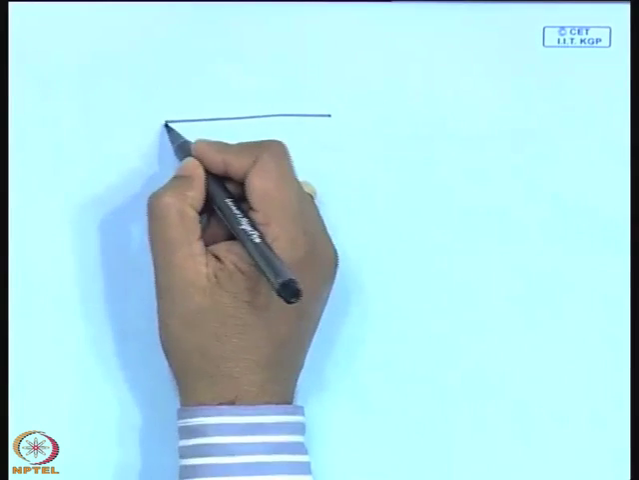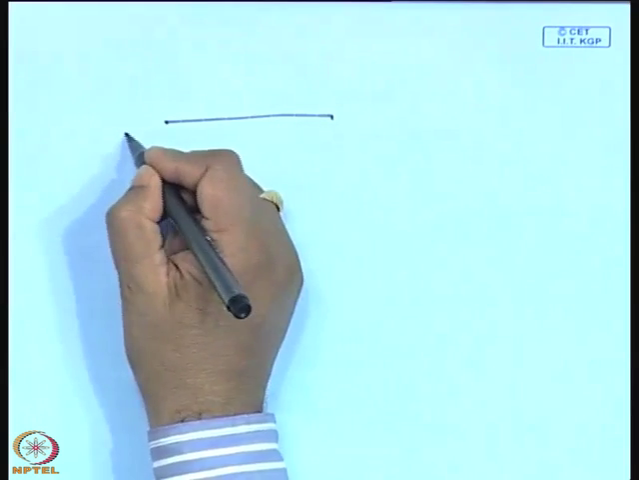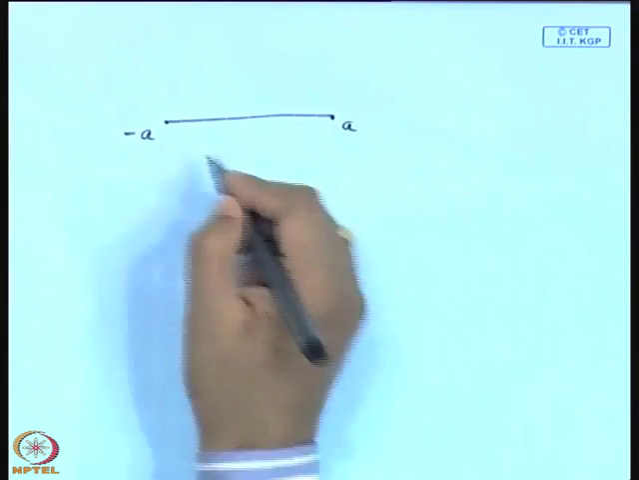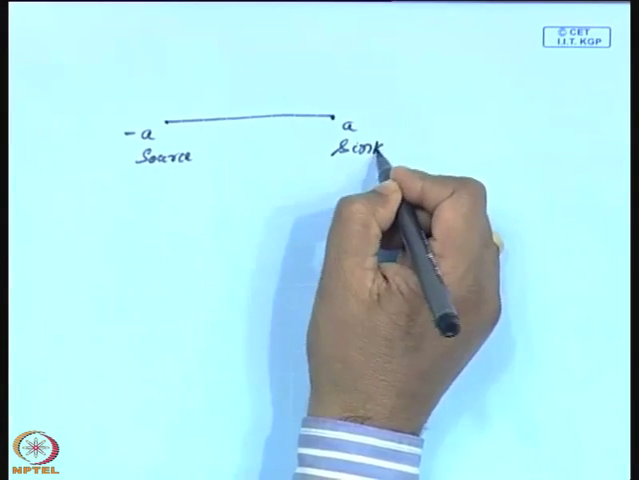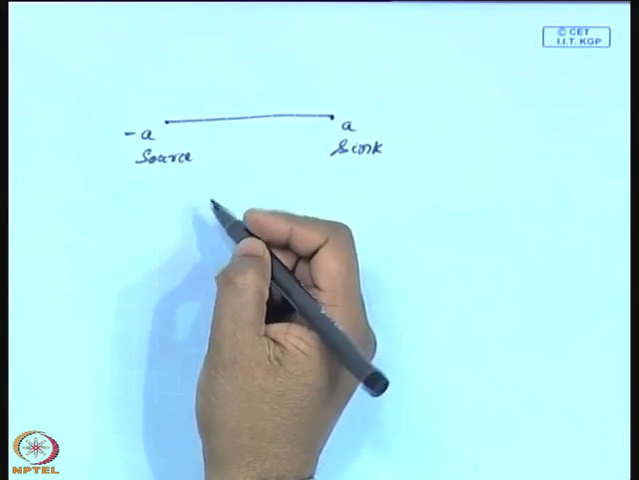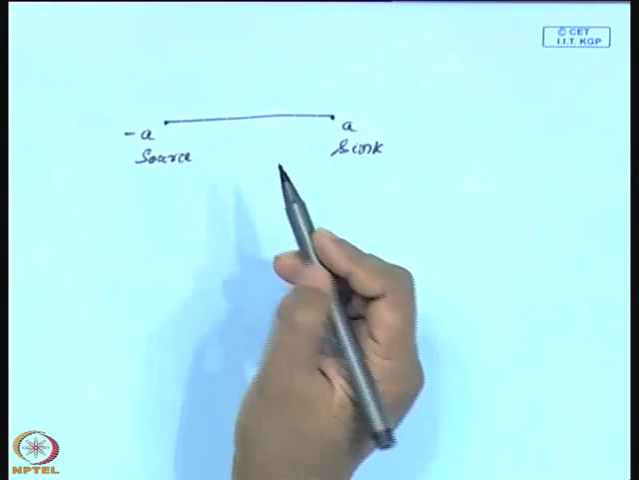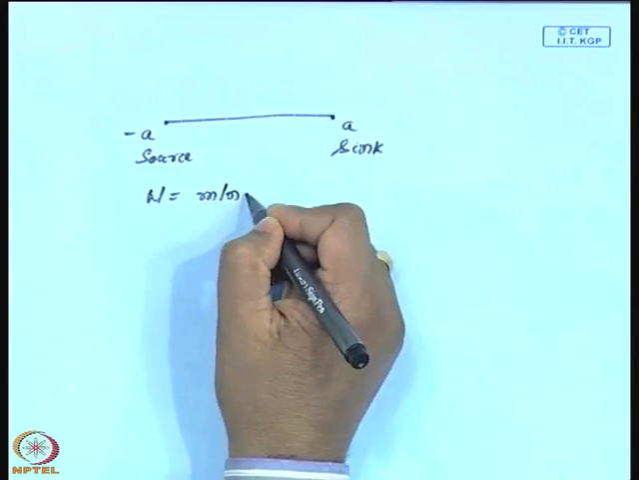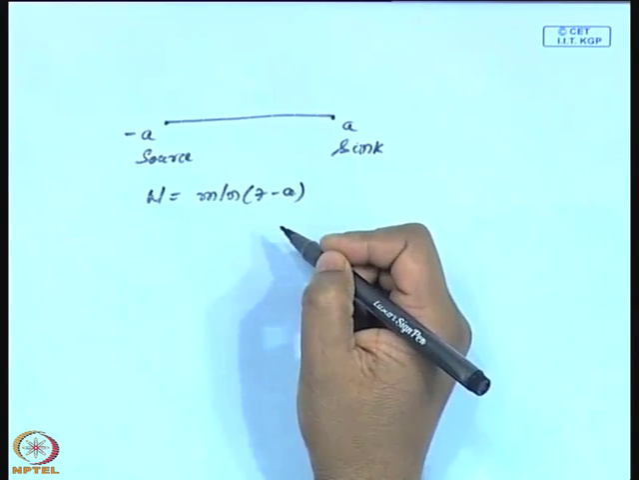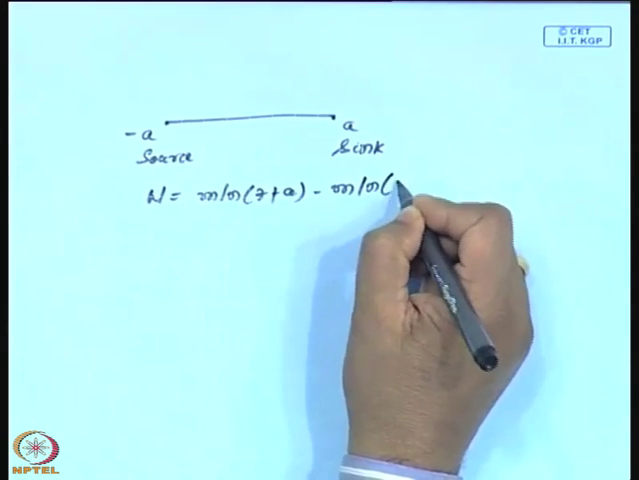So, let us look at what I mean by a doublet. I have a source of strength m. This point is minus a, this point is a, and here I put a source, and here I put a sink. The source and sink are at a distance 2a. So, what will be the complex velocity potential? It will be m log (z plus a) minus m log (z minus a),